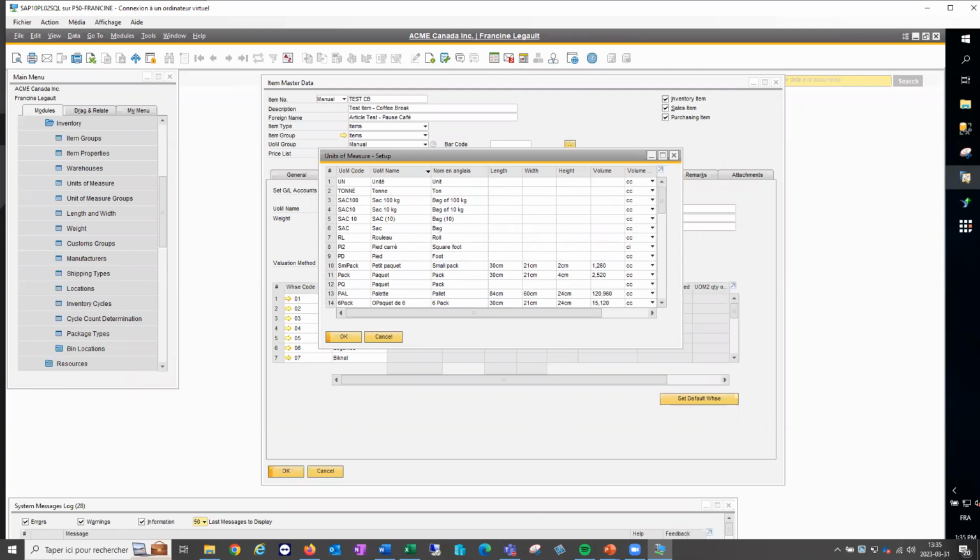And then you're going to create your units of measure groups. What is a group? Well, it's a bundle of units that you will put together that will represent an item or a group of items that will be packed exactly the same way. And in the units of measure group, you're going to assign different units for the same item. So I will just go back to the